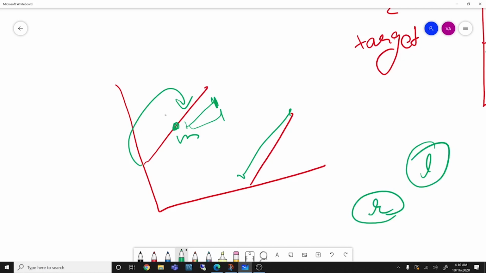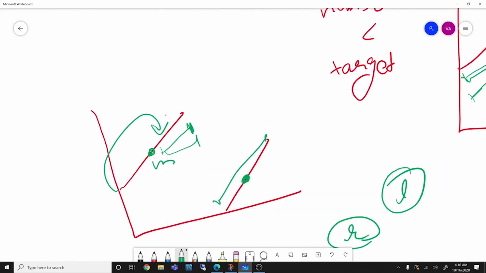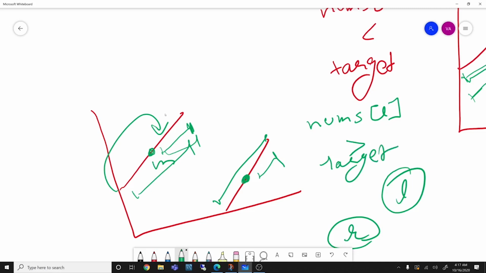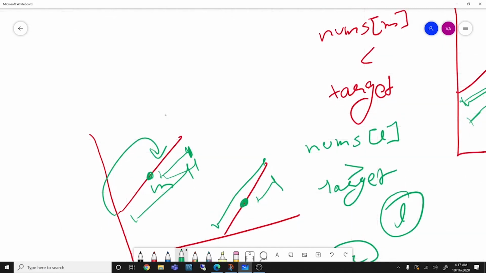Now let's discuss the second portion, which was if my M is somewhere here. Now my condition is that my target is greater than nums of M. So it can be either here or here. Again, like we checked in the previous one, that if my nums of L was less than the target, in this case, I'll be doing the opposite of it. I'll be checking if my nums of L is greater than target. So this will form again the similar sort of number line as we saw in the previous case.